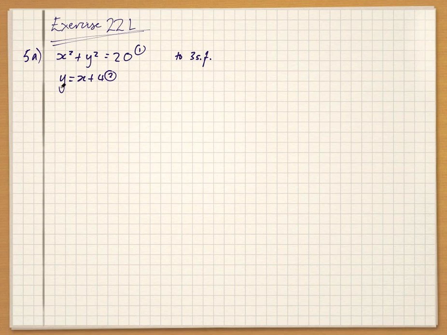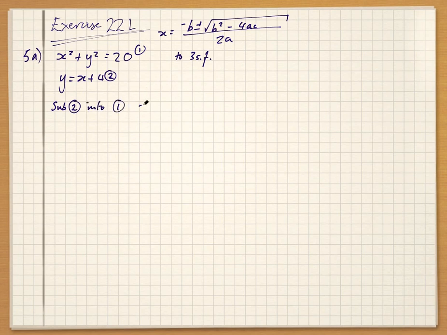That means that whatever happens after I've solved the simultaneous bit and got one quadratic, it's not going to factorize. So I'm going to have to use the quadratic formula here, which is x equals minus b plus or minus square root of b squared minus 4ac all over 2a. But first of all, I have to get rid of the y's here, so sub 2 into 1,